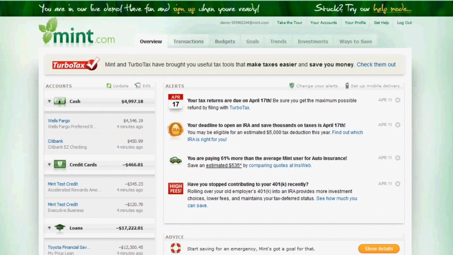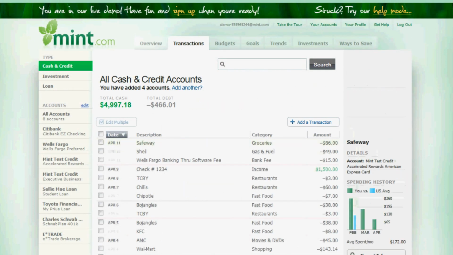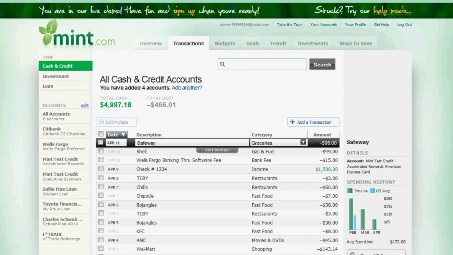Alright, so why don't we jump over to the next tab, transactions. Your transactions tab is going to be your spot where you can come in and take a look at all of your accounts, all your transactions that are coming in from all of your different accounts. You see on your left hand side over here,